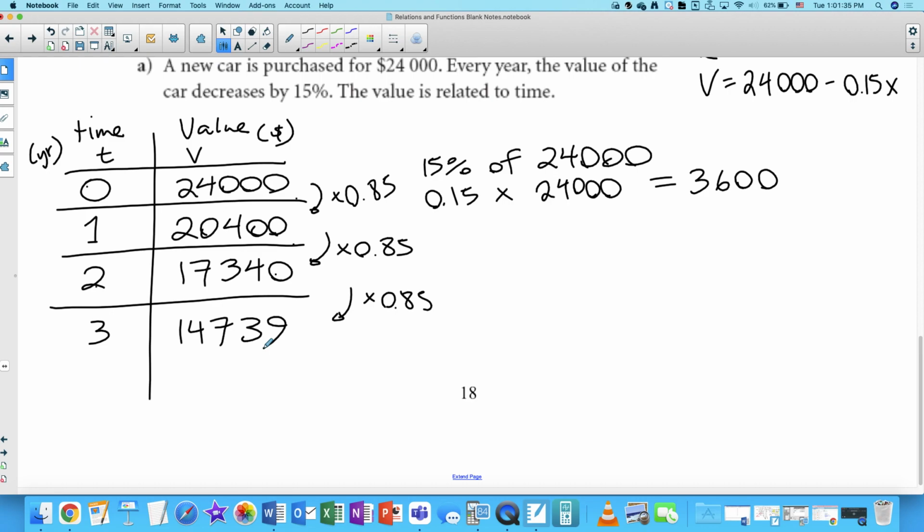This kind of pattern also happens with things that are appreciating, like investments, right? So if you think about compound interest, you put $100 into an investment that compounds annually at a rate of 7%, right? After year one, you're going to have $107. After that, you're going to have 107% of 107. And so the idea is that your investment grows more and more each year, which is why,